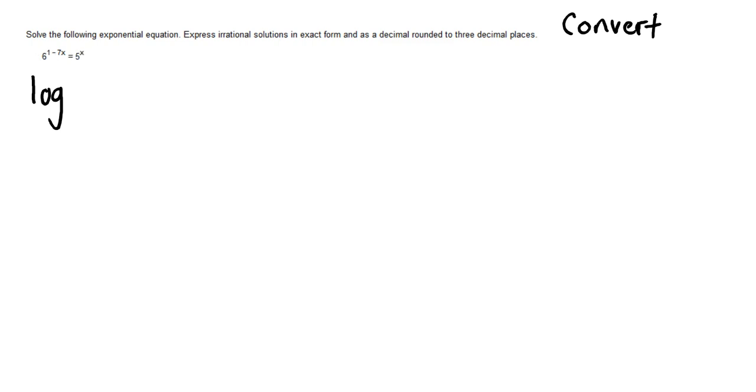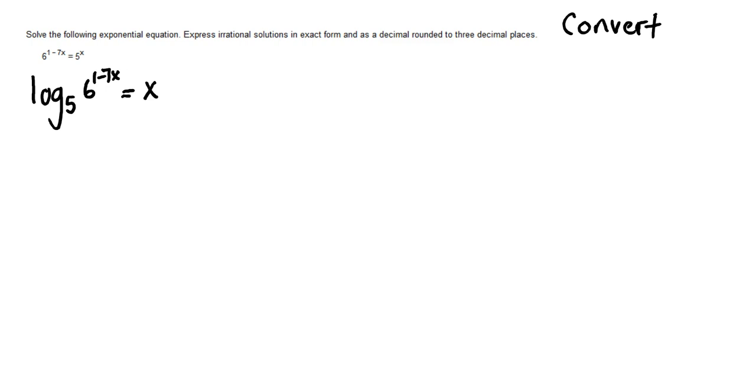You can choose which of those you'd like to use. So I'll use the base of 5. The log always equals the exponent. That's going to be x. And then what's inside the log is the other side of the equation, which is the 6 to the 1 minus